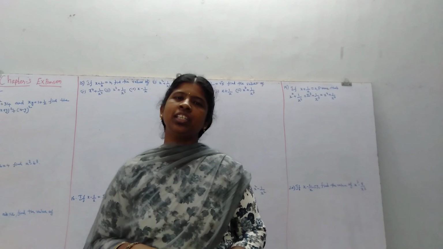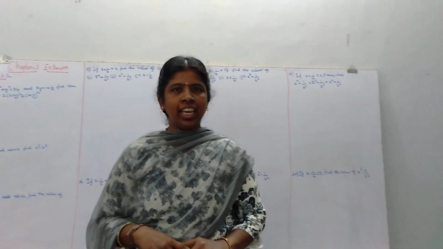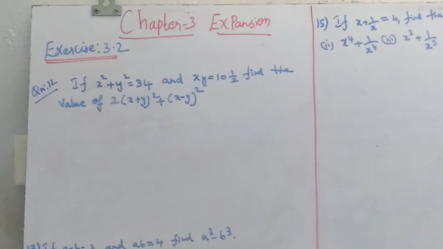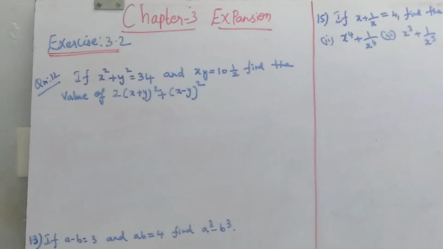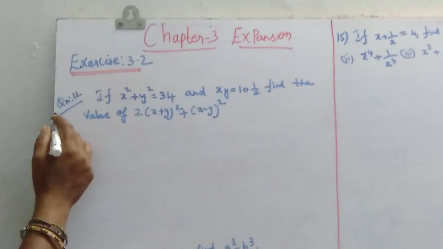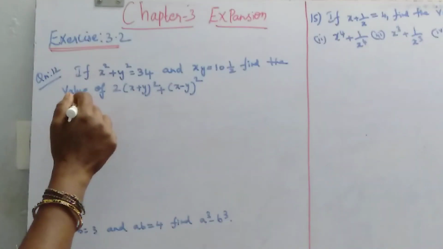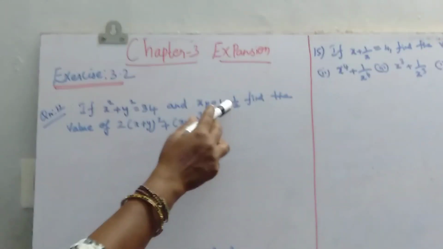Today we are going to see chapter 3 expansion exercise 3.2. Okay. Next exercise. The next question is question number 12. The question here is if x square plus y square equals 34 and xy equals 10 1 by 2, we